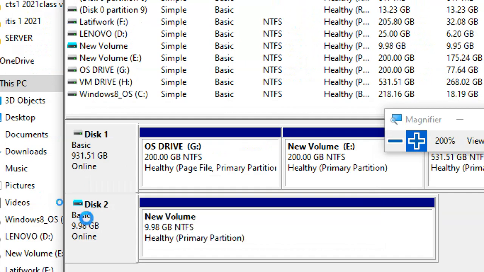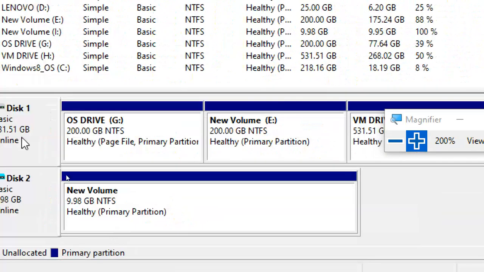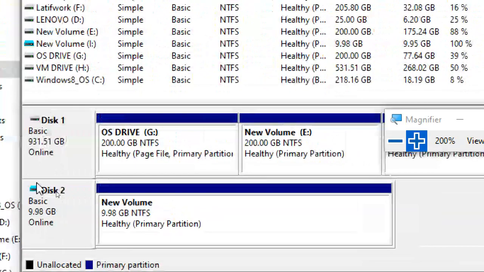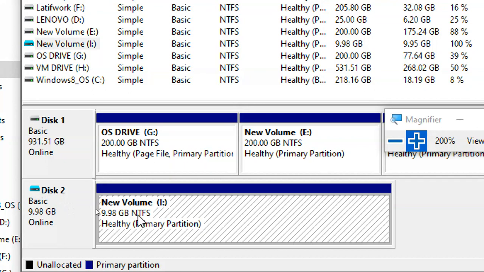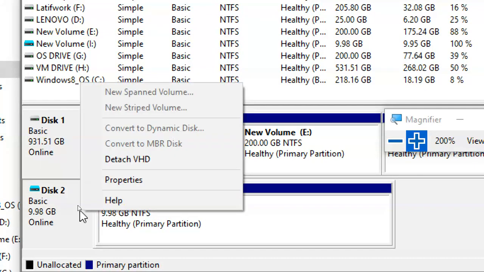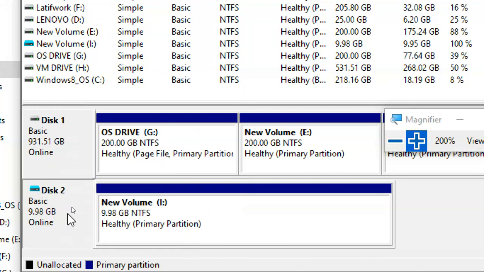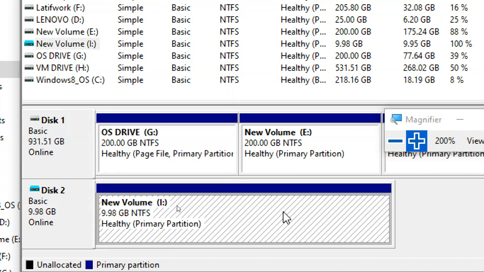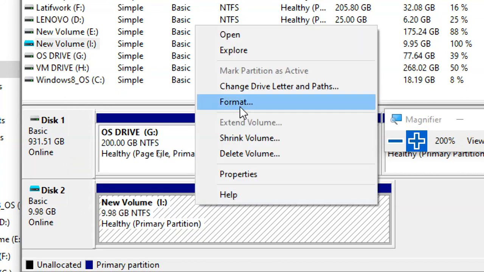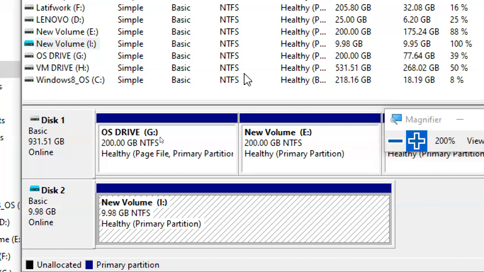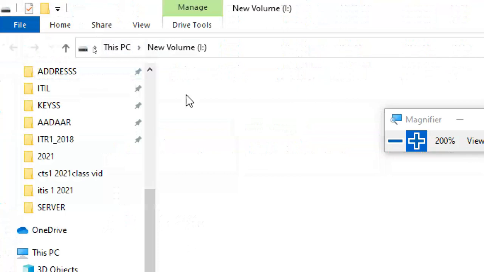You can identify whether it is a virtual hard disk or a normal hard disk. This is the color it is showing, the virtual hard disk color. Normal hard disk is plain gray. This is something around maybe blue, green, sea blue. Also, if you right click here, you will get Detach VHD. If you right click on the normal disk, no Detach VHD. Okay, now this is the I drive. You can open it. This is the I drive. You can keep data also.